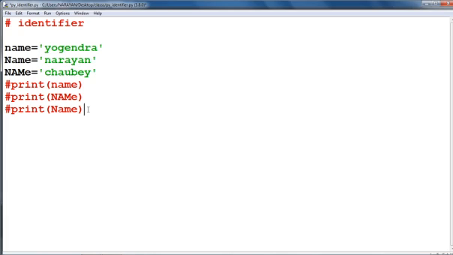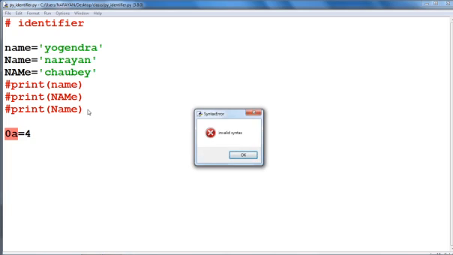Now if we are going to see the next rule, the first character should be a letter. Now if we are going to define 0a equal to 4 and run this program, see here, this generates an error, syntax error, invalid syntax.